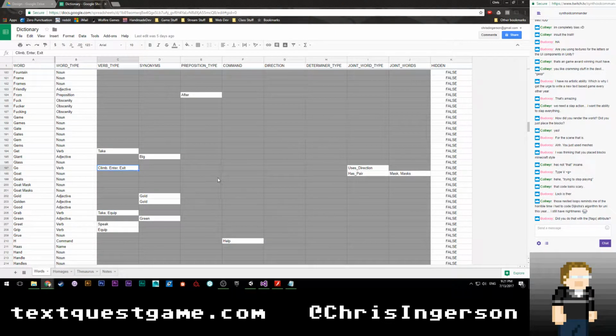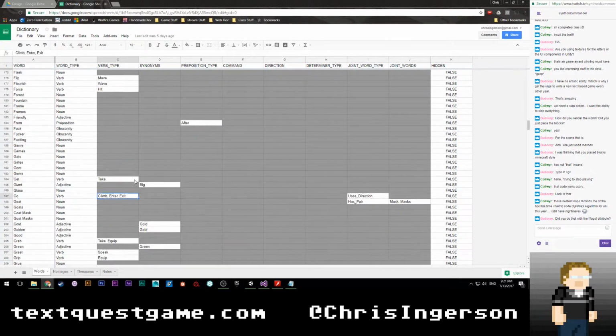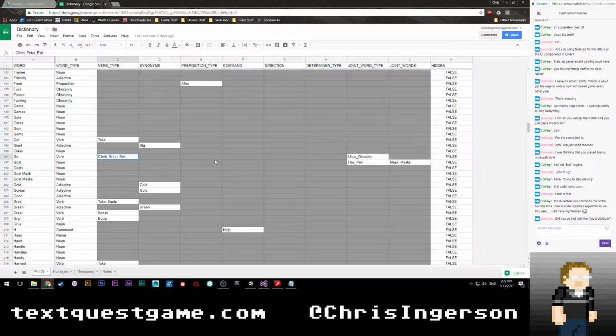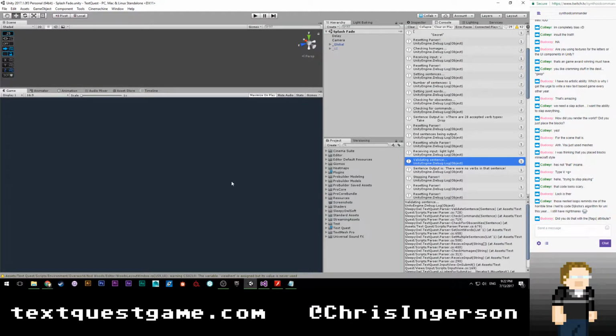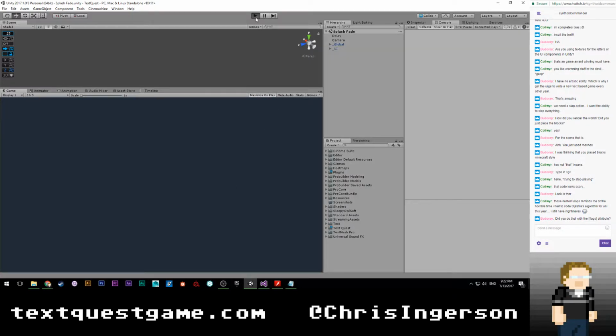Go can be climb, enter, or exit, all that sort of thing. It's a verb, but it can be any of those verb types. And then when you use that word, it's going to look at the object and say which of these verb types is the most likely one that's wanted. And then it will behave accordingly.